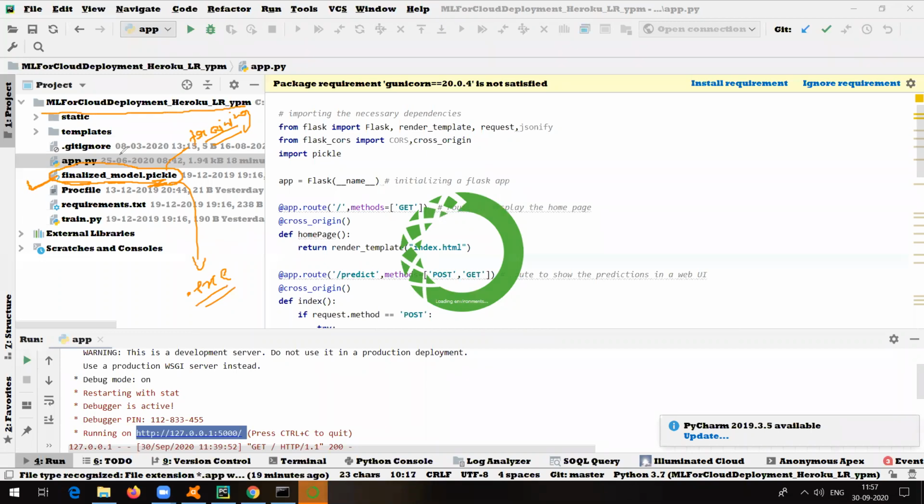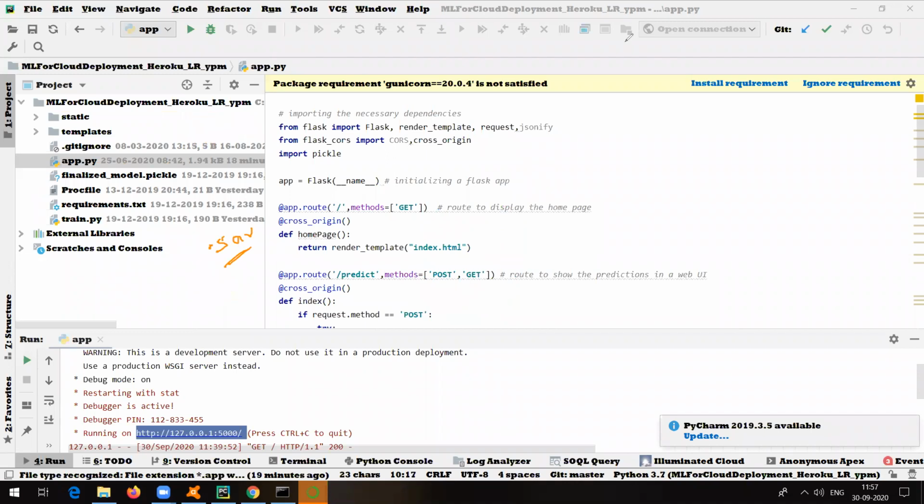Okay, so this is what we created yesterday and I'm just trying to make use of that. Once the training is done, you need to create a pickle file or a .sav file, and you can make use of that .sav file or pickle file in any project or any module. Okay, Procfile is actually a procedural file.